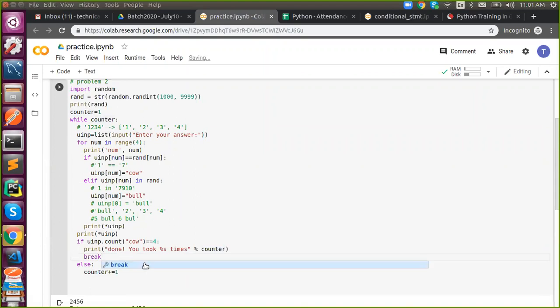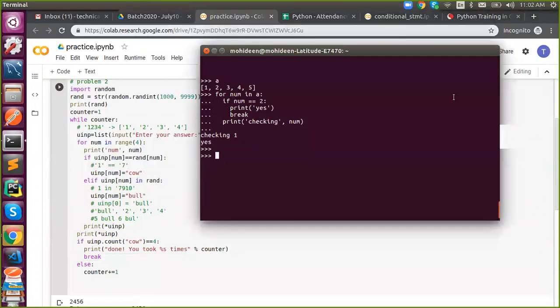Understand? So break is a reserved keyword to terminate the complete loop, but continue is a reserved keyword which will stop your current iteration. It will not allow you to proceed further. If you say continue, else will never work. That is the difference. Understand the difference between break and continue? Any doubts in this? Are you clear? Okay. So shall we move on to the next topic?